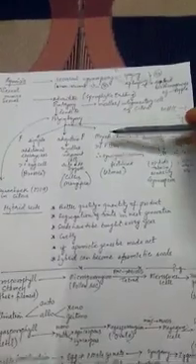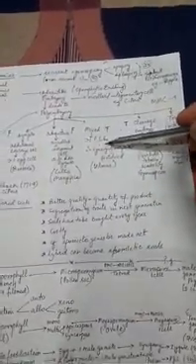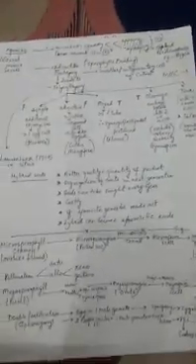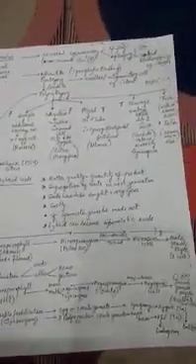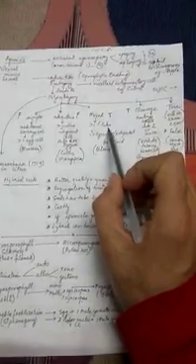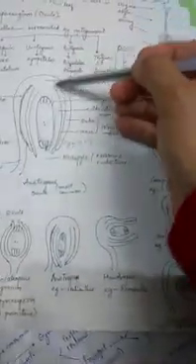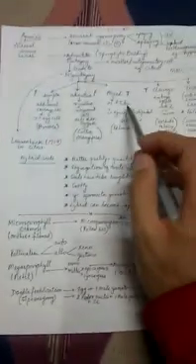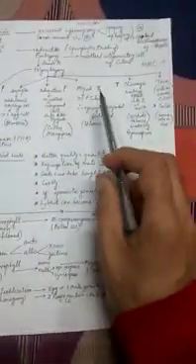Now mixed polyembryony is a polyembryony in which more than one pollen tube is involved. Sometimes, because pollen grains are many in number, many of them will fall on the same pistil or the same stigma. They all start germinating, they all start preparing the pollen tube. So sometimes more than one pollen tube enters the ovule. In that case, it is possible that one of the pollen tube contents may fertilize